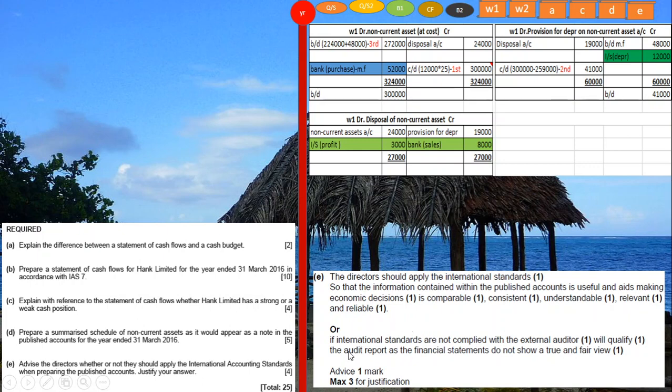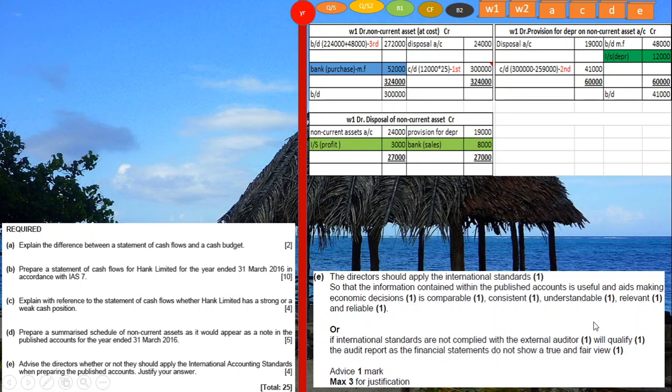See, it's for 4 marks. You have more than 4 points. So they should follow it because it helps in making economic decisions. It's comparable. You can compare between 2 years or 2 businesses. It's consistent, means it's the same over the years. It's understandable, that you can understand. It's relevant and reliable. Or you can also write this: if economic standards are not complied with,